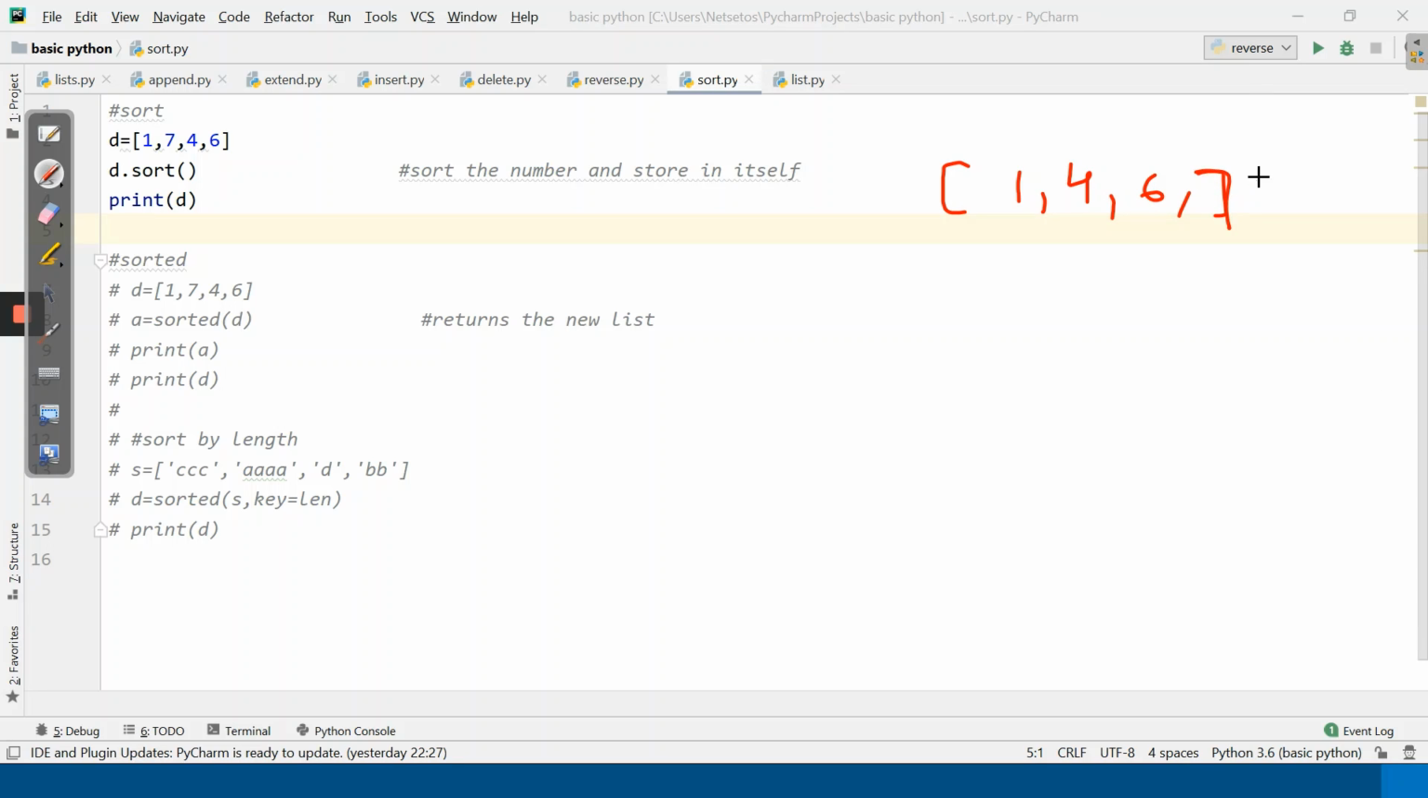Now what if I want it in decremented order? That means I want 7, 6, 4, and then 1. Python gives a very reliable and very easy thing to follow. Otherwise, in other programming languages, we would need to put a loop and then do the decrementing one. But here, what we need to do,